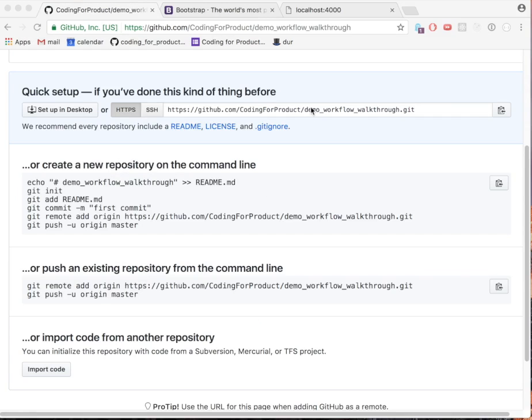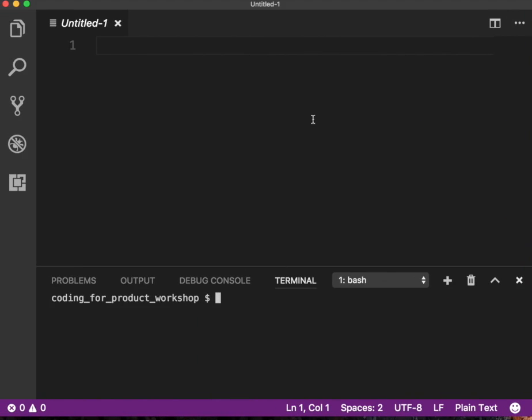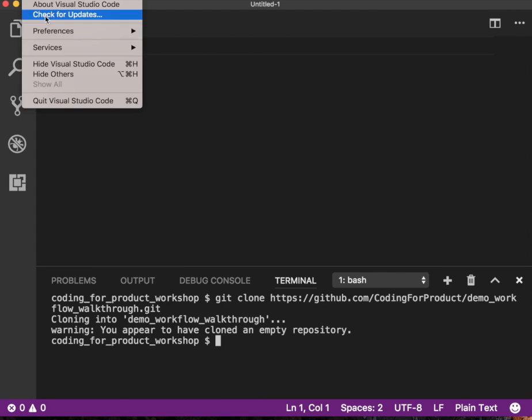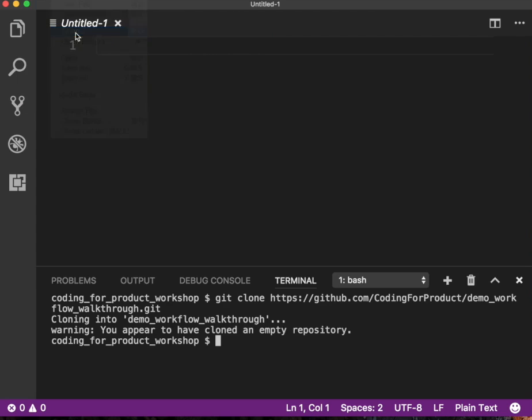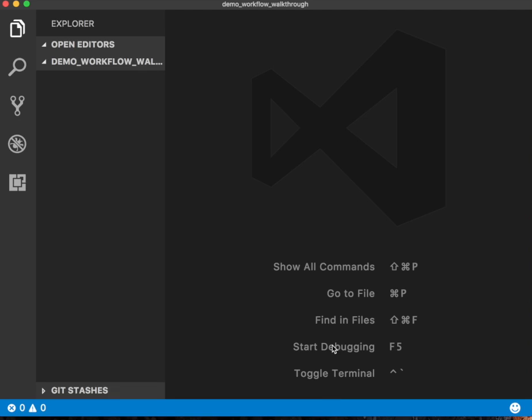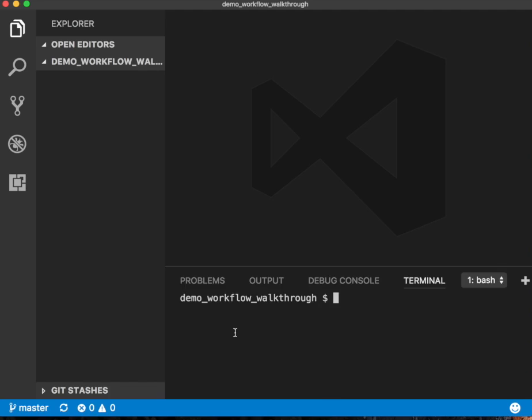Now that I've created the repo, I can clone this to my desktop. And I'm using Visual Studio Code as my code editor, and it has a built-in terminal. So git clone this repo, and then I actually have to open the app in my code editor and open the terminal, and let's add a README. touch README.md